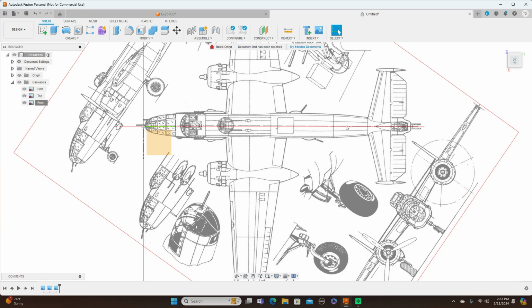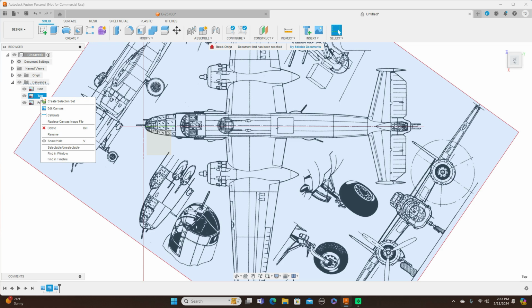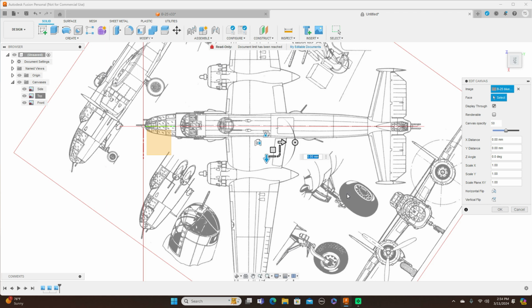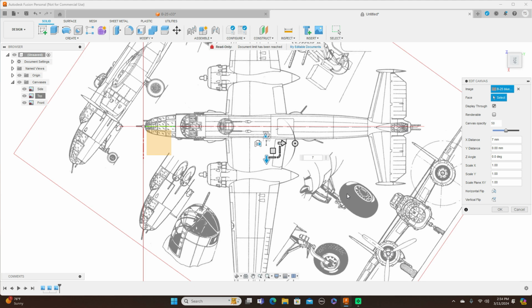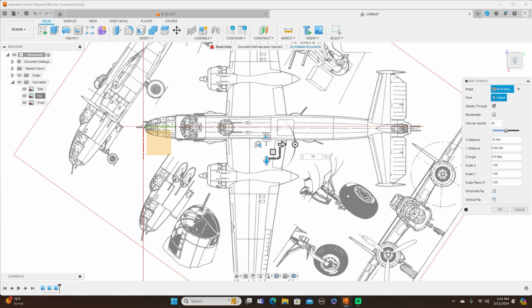Now it looks like this is slightly askew, the top here. So I'm going to rotate that. Right click on top and edit canvas. Let's try 2 millimeters. Needs to come down more, so 3 millimeters, 4, 5, 6. Oops, it's the wrong one here. I didn't rotate that. We go back